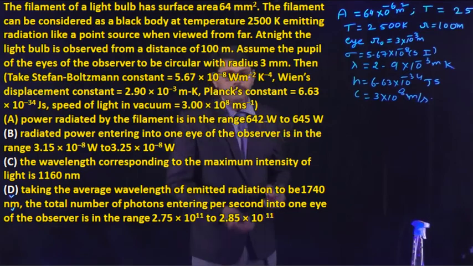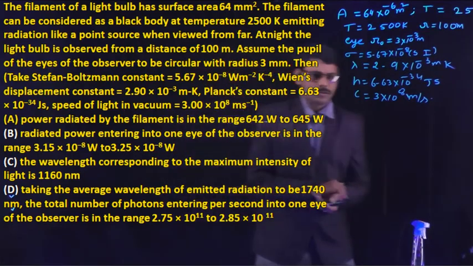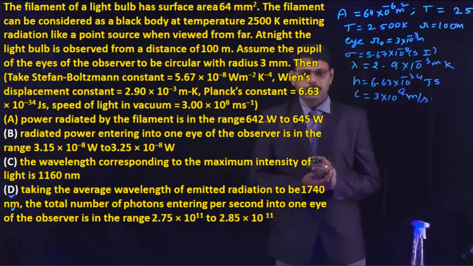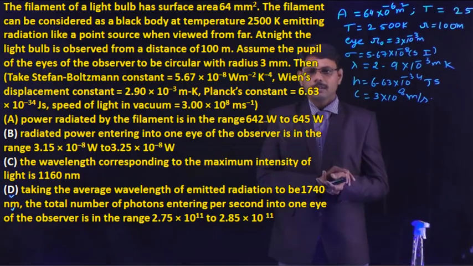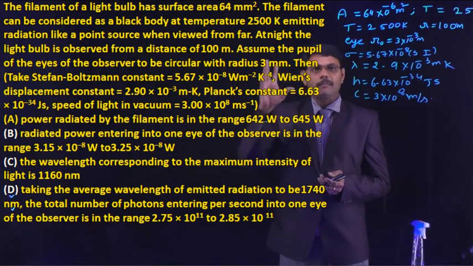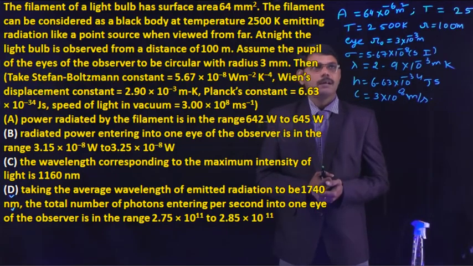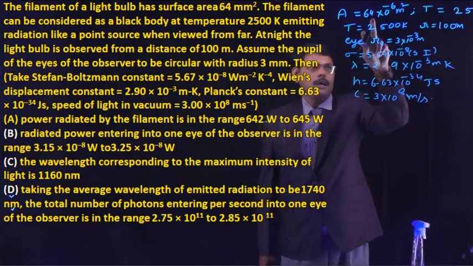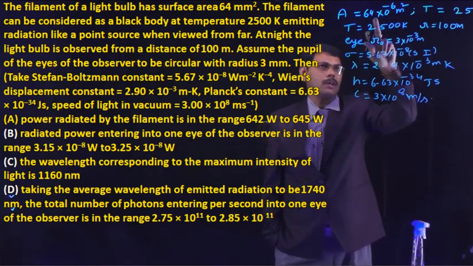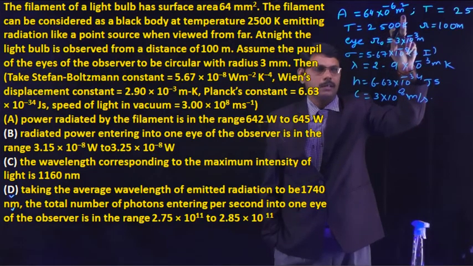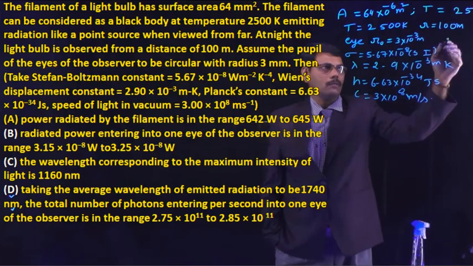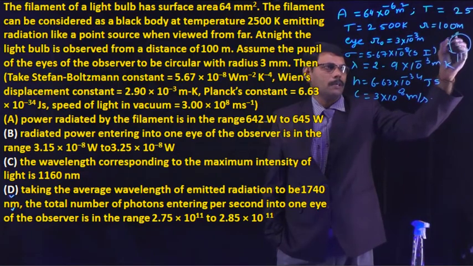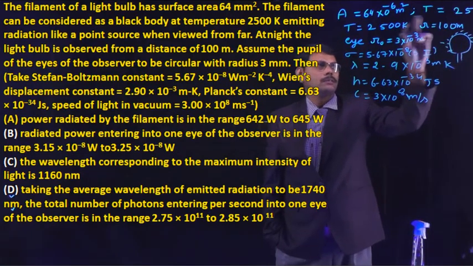It is a question that belongs to transmission of heat as well as the dual nature, Einstein's equations. Here there is a filament bulb. A filament of a light bulb has a surface area of 64 millimeter square, and we calculated the surface area in meter square as 64 into 10 power minus 4 meter square. So here we have a bulb like this. The bulb is emitting radiations. So the temperature of the bulb is